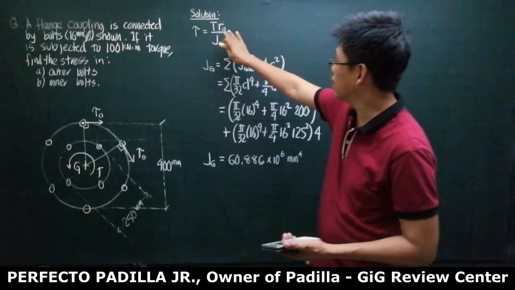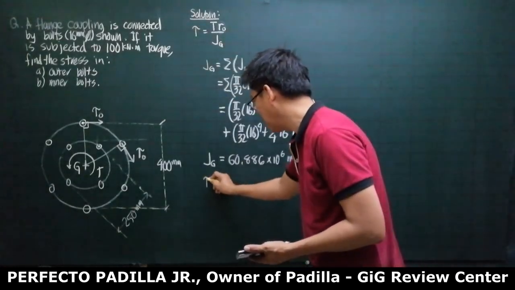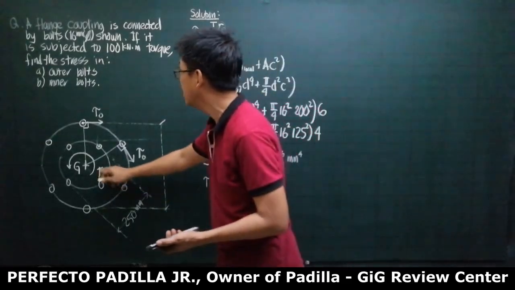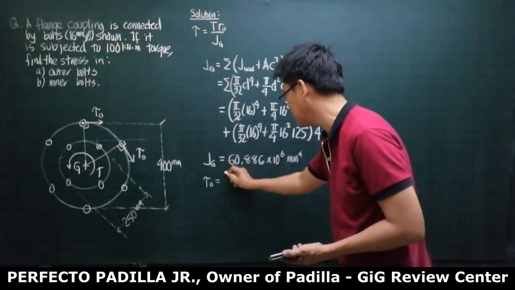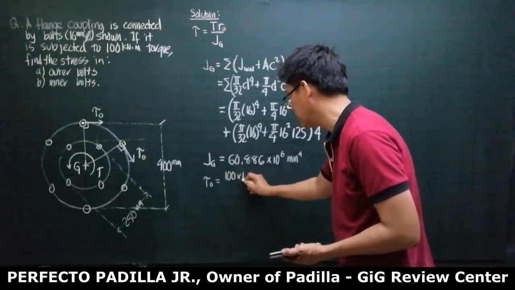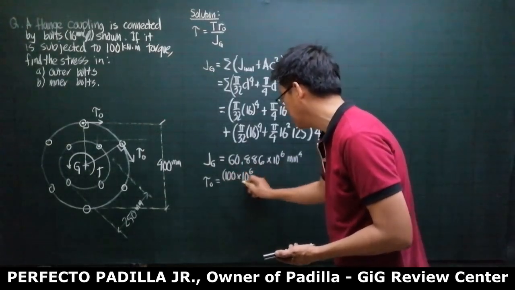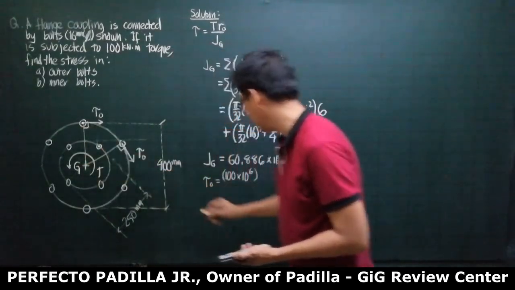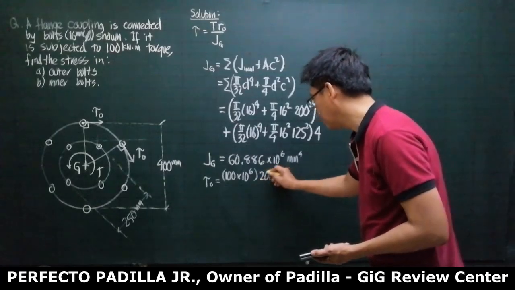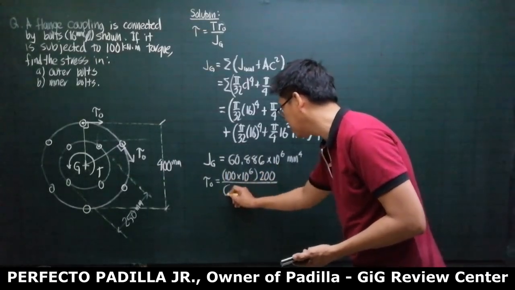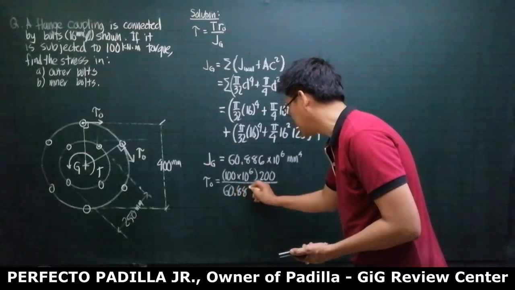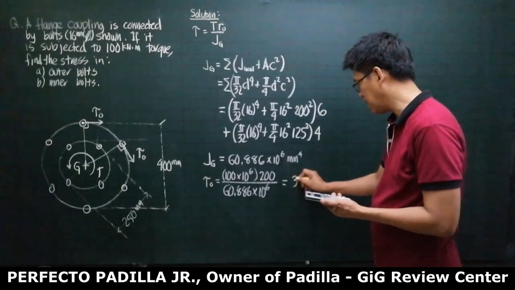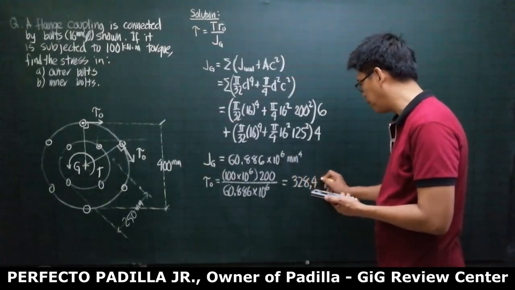So substituting here now, our shearing stress in the outer bolts is T. Our T is 100 kilonewton meter, so that is times 10 to the 6, times the R outer is 200. So 200 over J, that is 60.886 times 10 to the 6. And this is 328.485